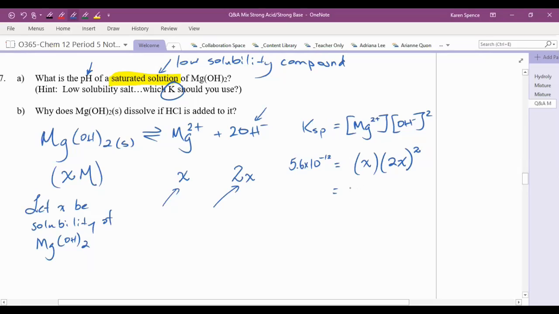Okay, which means we're going to have x times 2 squared is 4, and x squared is x squared. And then we have 4x cubed is equal to 5.6 times 10 to the negative 12. Okay, that means that our x cubed is going to be equal to 5.6 times 10 to the negative 12